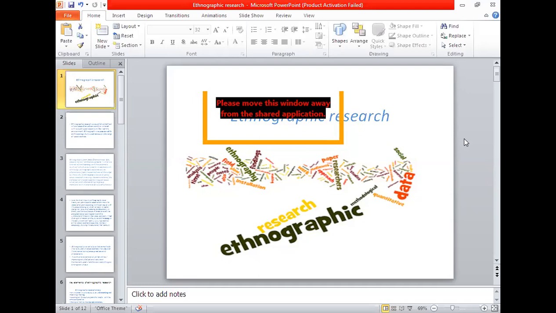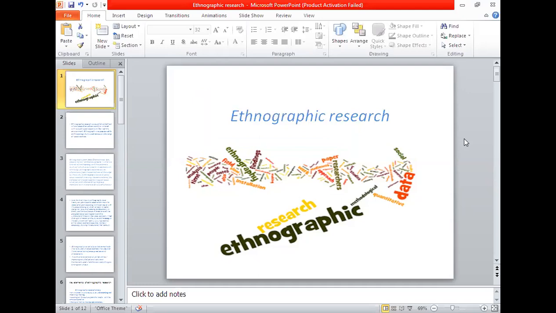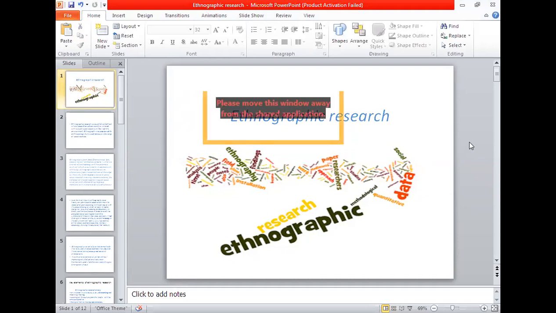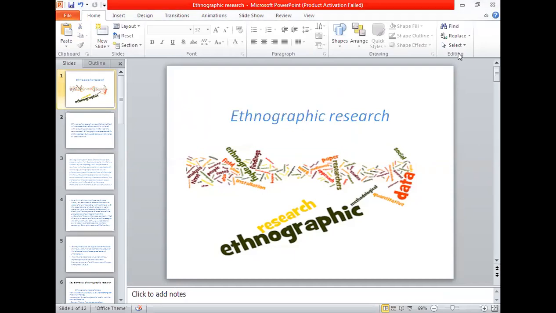This can be understood by understanding a type of qualitative research. So for the purpose of clarification and better understanding of qualitative research, I have selected ethnographic research. Now this ethnographic research is in fact qualitative research, and this type of research is